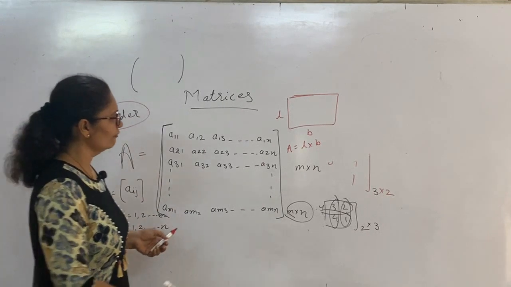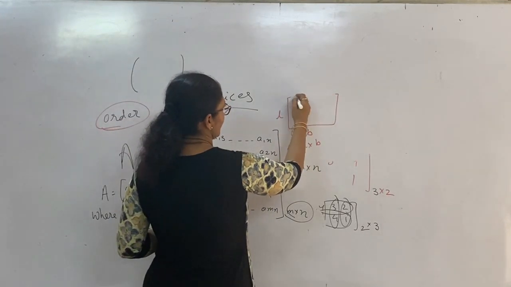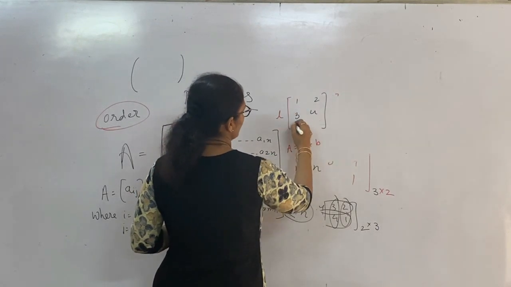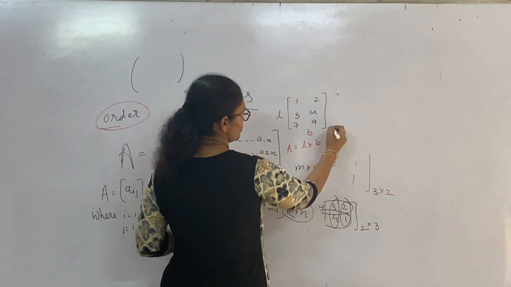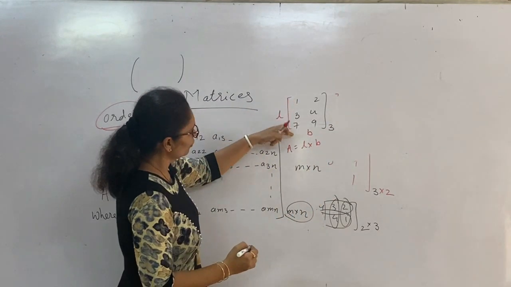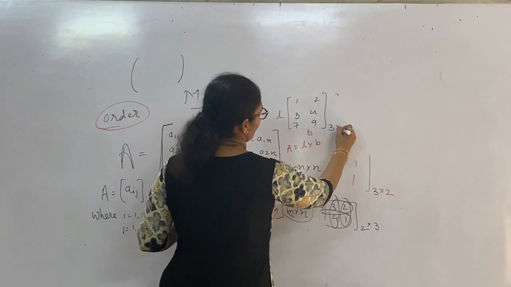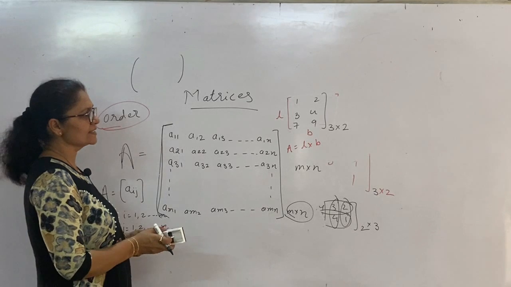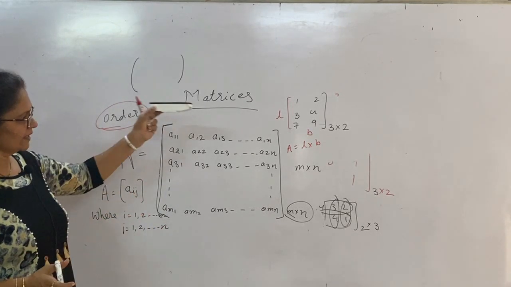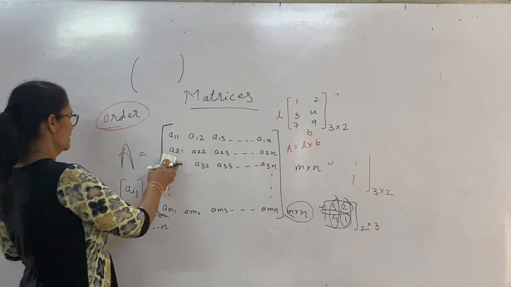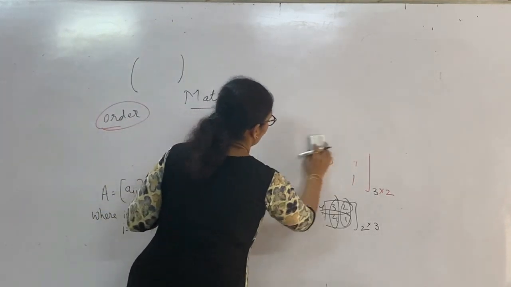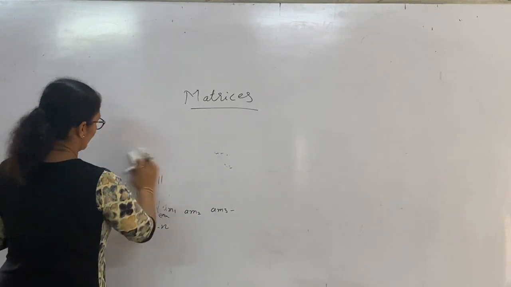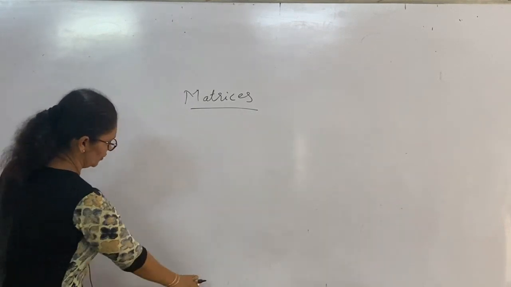Or if we take one more simple example, let's take 1, 2, 3, 4, 7, 9. So this is your 1, 2 and 3 rows, 1 and 2 columns. So 3 by 2 matrix. So when we take 3 by 2, its length is, what is it? 2 and breadth is 3. Then 3 by 2 means its area is 6, and you can say order also 6. So what is your order? That is only your number of elements in your matrix.